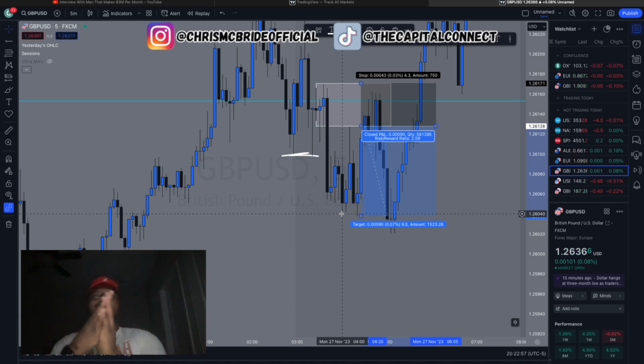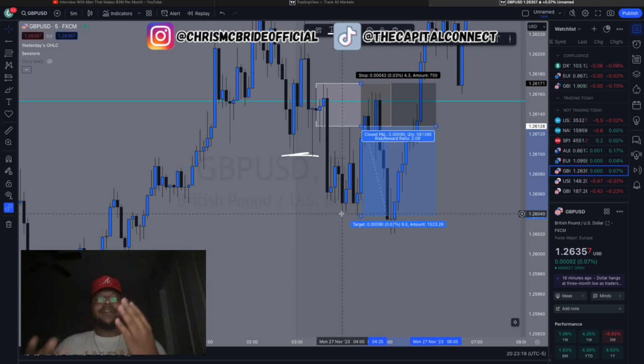But you could have risked $4 on this trade to make $9, right? Or if you had a $500 account, let's just say you want to risk a little bit more. Maybe you want to risk $20 to make $40, right? So you could risk a small percentage of your account, a small dollar amount, and make great percentage gains on your account through